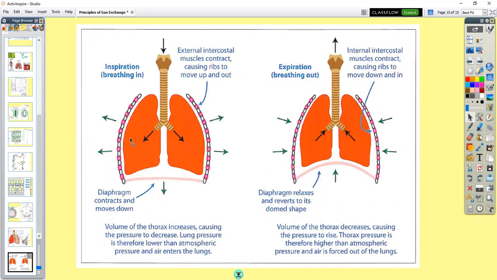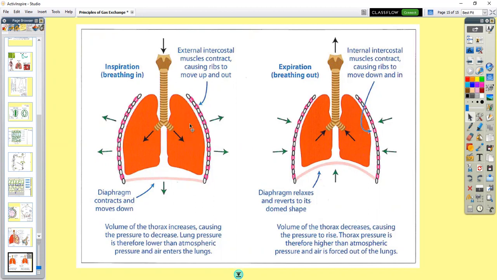That increases the volume inside the chest, and that decreases the pressure. So they work opposite to each other, if you like. When you get an increase in volume, you get a decrease in pressure. And when that pressure decreases below atmospheric pressure on the outside,